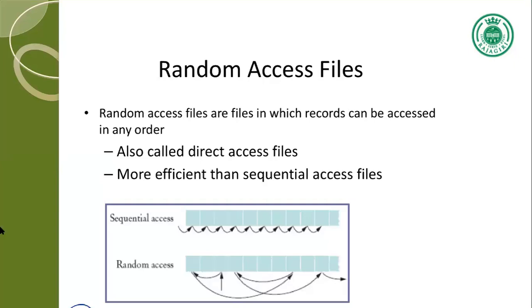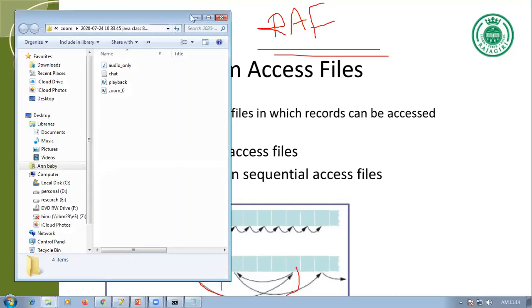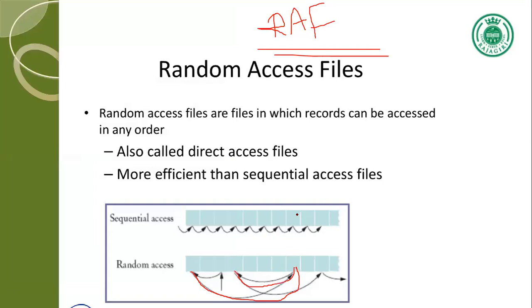Now, we will learn something in Java called random access files. Random access files are actually a beauty of Java. You call them RAF files. Random access files, you can actually go in a haphazard manner. You can start in your first location, then you can go to your 8th location. After that, you can come back to this location, and then you can go on traversing. You do it with the help of a method called seek.